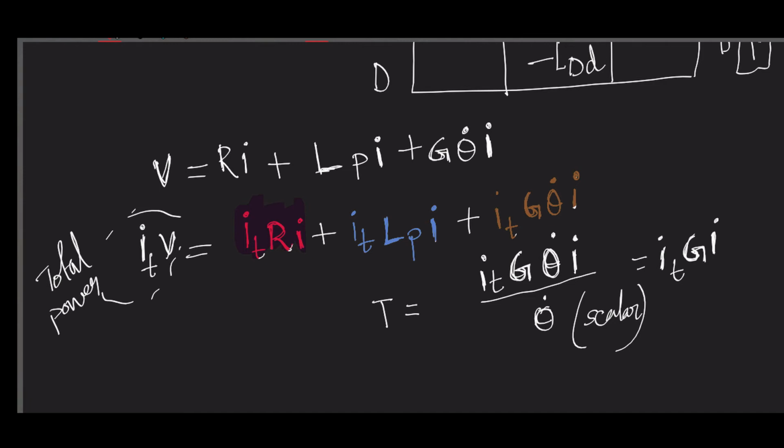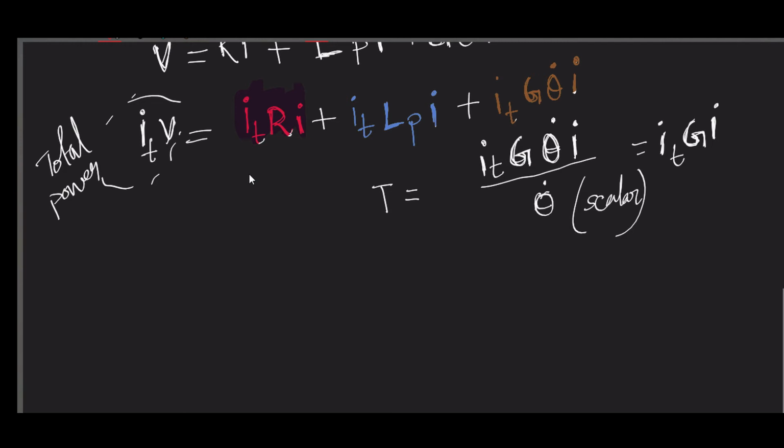Now in our case, what is our G matrix? G matrix is something like, if you ask me to write, then it will be